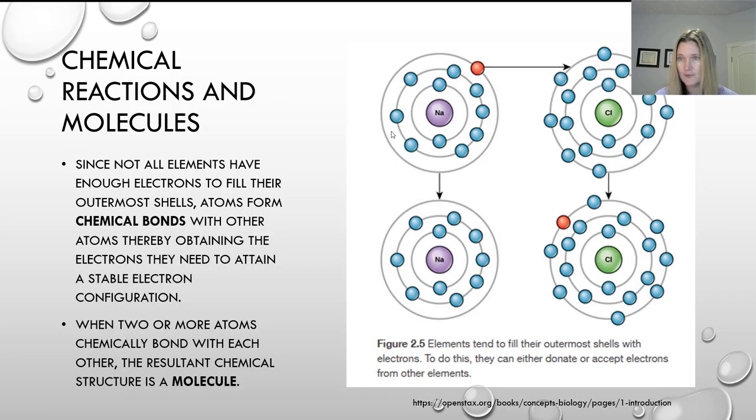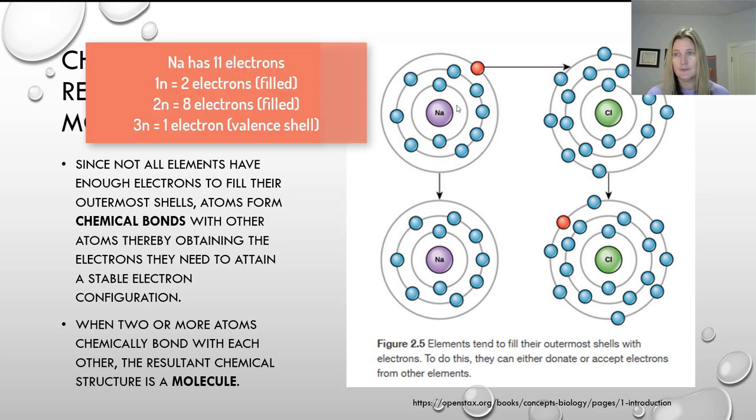So if we move over here, this is how the electrons are displayed. Remember, the innermost shell always has a maximum of 2, and then the second shell has a maximum of 8. And then, octet rule, the third shell has a maximum of 8. So this one has 11 electrons. So there's 2 in the first shell, 8 in the second shell, and then it just has 1 in the